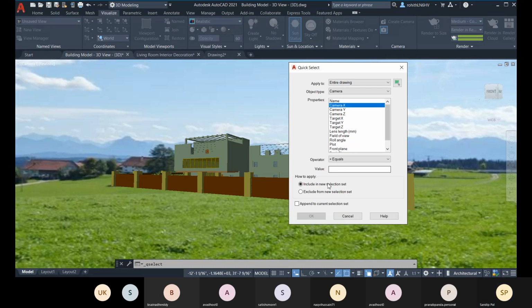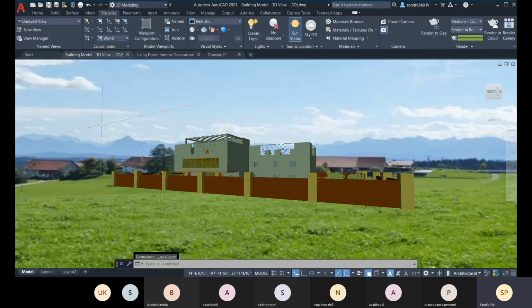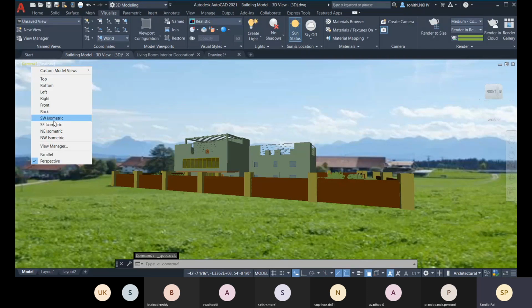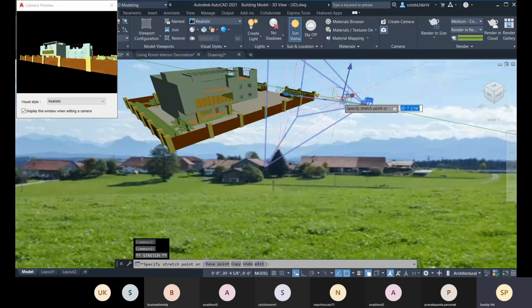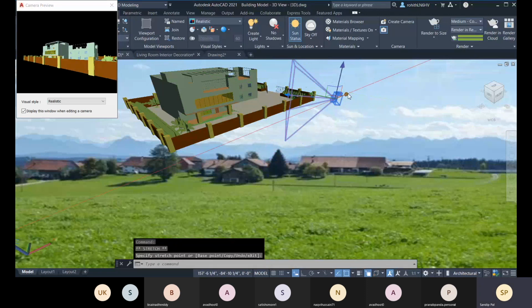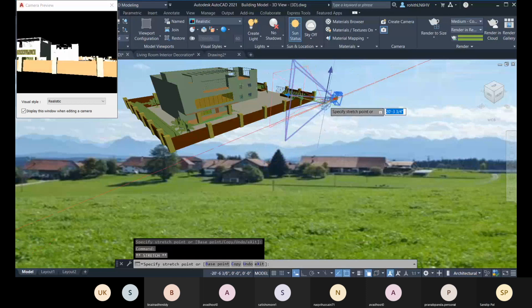So let me change the view first, and then let me select the camera. So this is the camera right now, and I have to make it closer so that I get the closer view there.